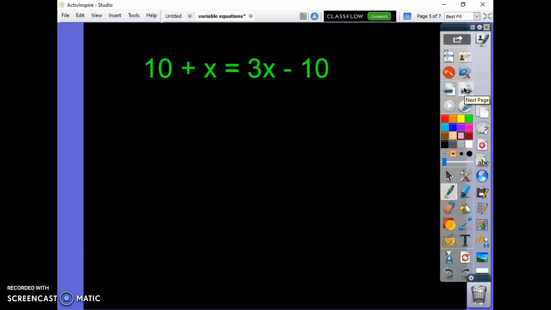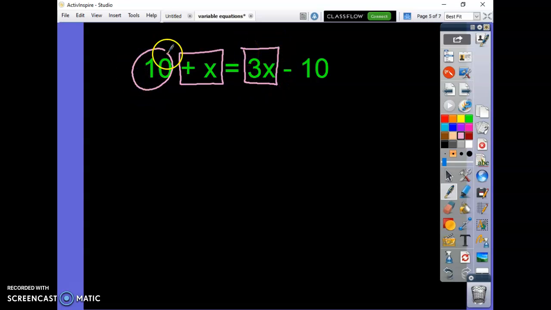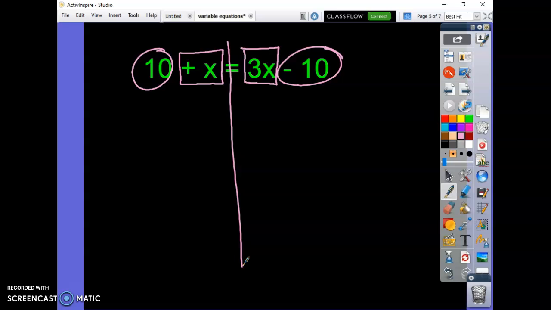Well, let's do one more. We're going to move it a little bit differently. Once again, box and circle. Draw your line. On this one, because I want to keep the x's positive, I'm going to move this x over to here. Cross the line, change the sign, so positive x becomes a -x. Circle to circle, cross the line, change the sign,